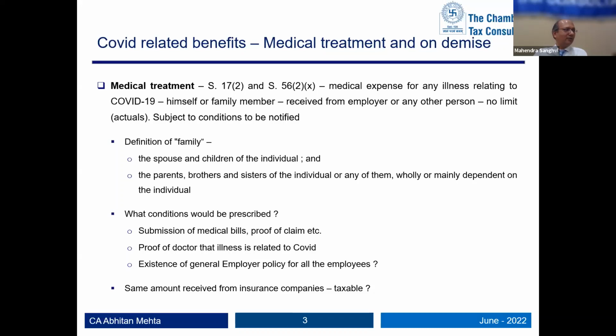The question is about proof from the doctor that the illness is related to COVID. These are technical things, and it's not easy to prove. When you face it, then you deal with it. Fortunately, they have not mentioned that it is required to be a specific type of doctor, as there is in certain cases like claiming a handicap certificate. Those conditions are not there, so any qualified doctor should be sufficient. But the case of senior citizens who get some complication, are admitted and then get COVID, is a gray area.